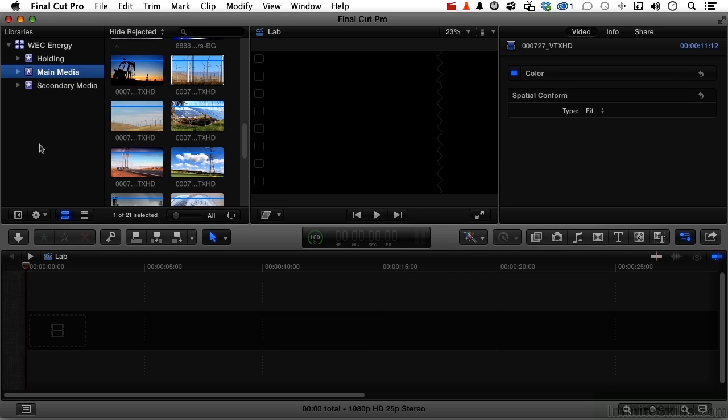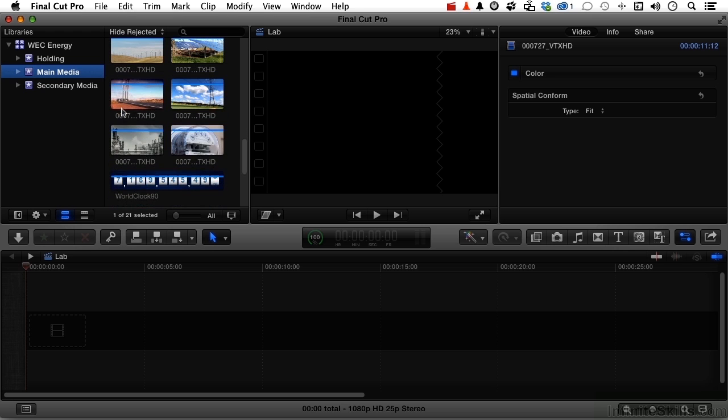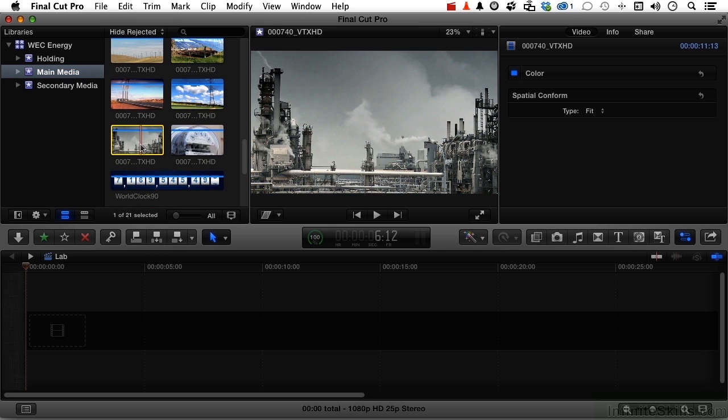In this lesson, let's explore the last of the three options that we have over here: transform, crop, and now distort. Distort is rather aggressive, let me put it that way. So it has limited use, but it can be used in a very creative way too. So let's do this. Let's come over into main media on a blank experimental lab and bring down our oil